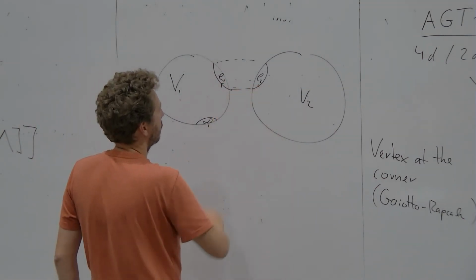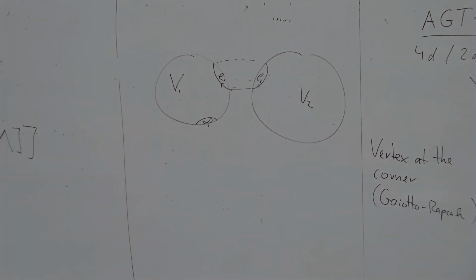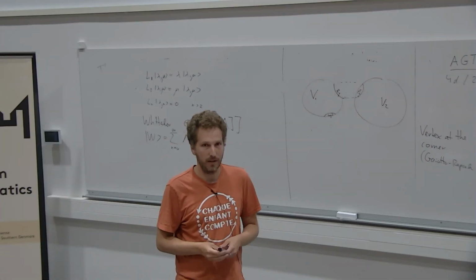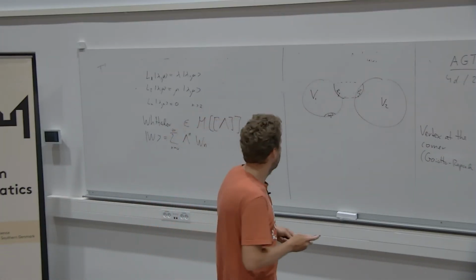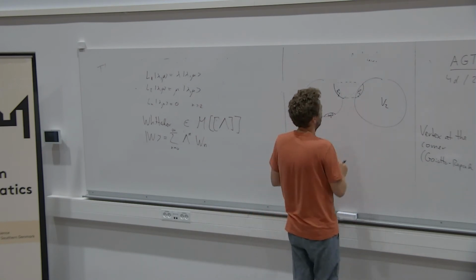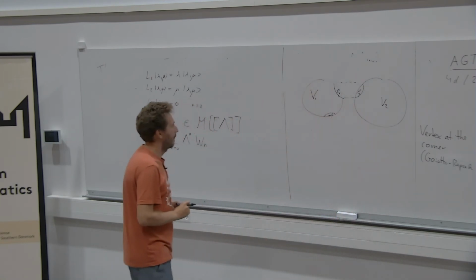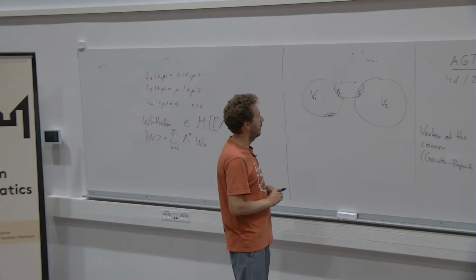And you can also give categories an orientation because these are braided tensor categories. In a braided tensor category, you can always take the same tensor category, but give it a second braiding, namely the inverse of the original one. You should think about it as the categorical analog of reversing orientation. You call the category with the inverse choice of braiding the reversed category, the category reversed to C. And so this means this glued manifold should be a vertex algebra associated to V1, V2, and C1 and C2.